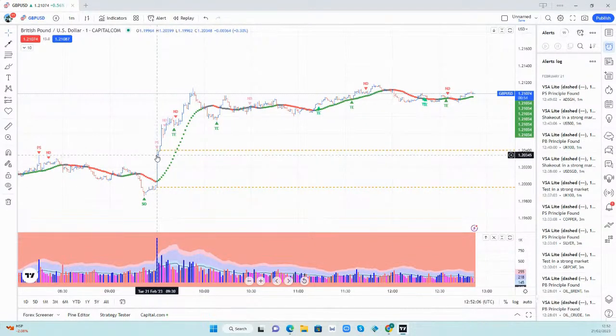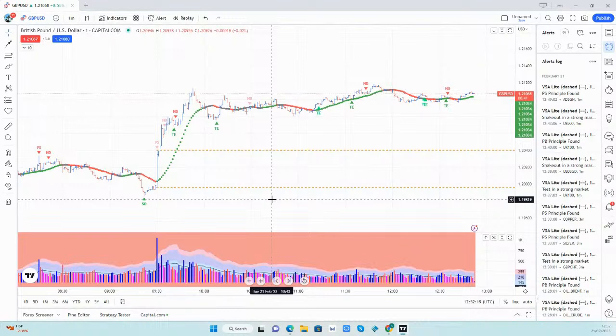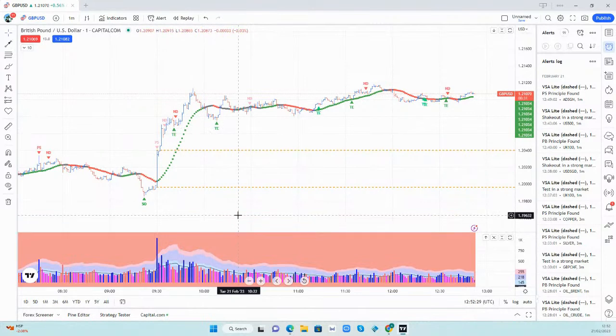PS was never confirmed. There was a test, and they pushed it up further. So this would have been a good entry point for around 4 or 5 minutes, 6 minutes. As I said to you, as a scalper on a lower time frame, say 1 minute chart, you get opportunities, whether it's long or short. It doesn't really matter, because you don't want to stay in the trade for too long. You want to stay in for 4 or 5 minutes and make some profit, and then just either get filled